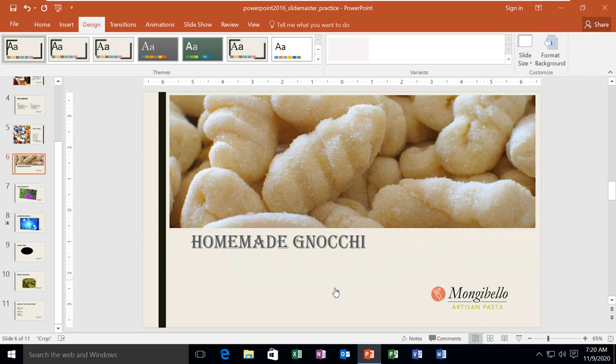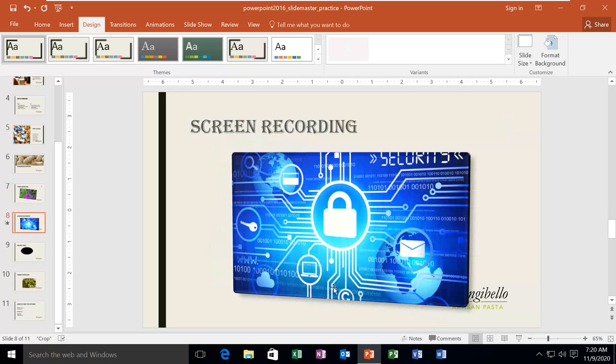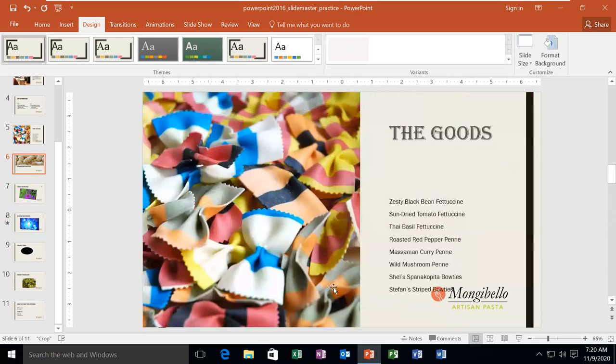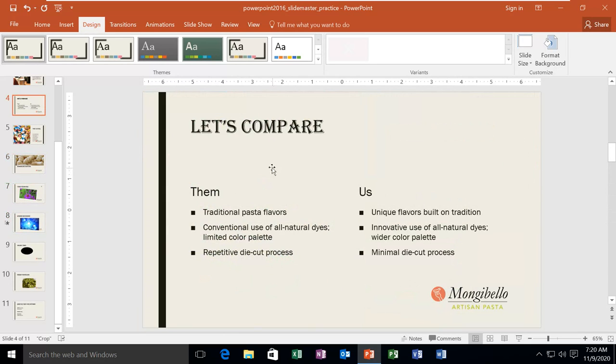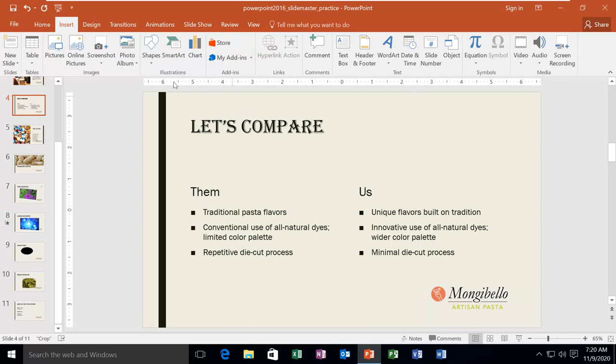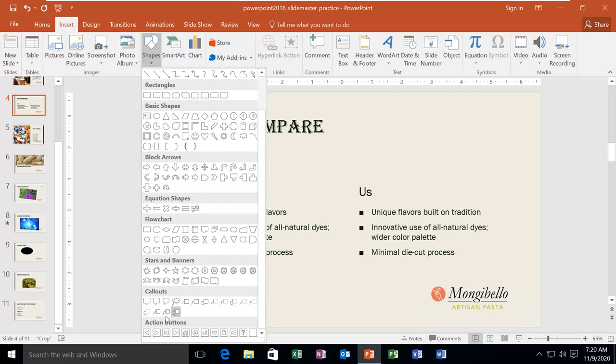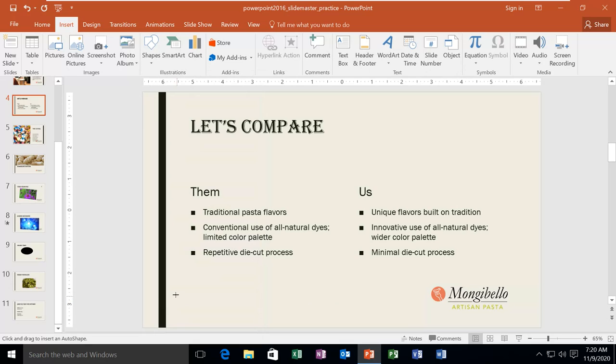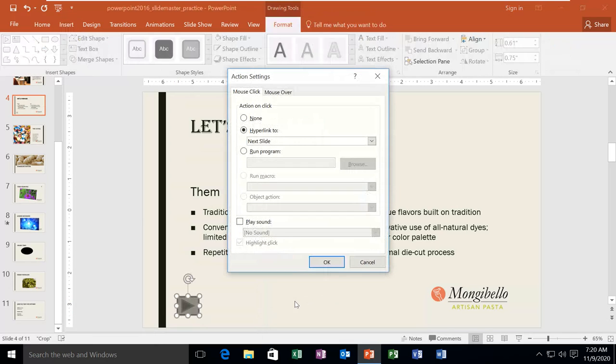So if I want to add it here in the presentation, what I will do is select the slide, then from Insert I go here to Shapes, and at the bottom I have these action buttons. I click what I want, and then I can drag and draw it on the slide. When I draw it, it shows like this.